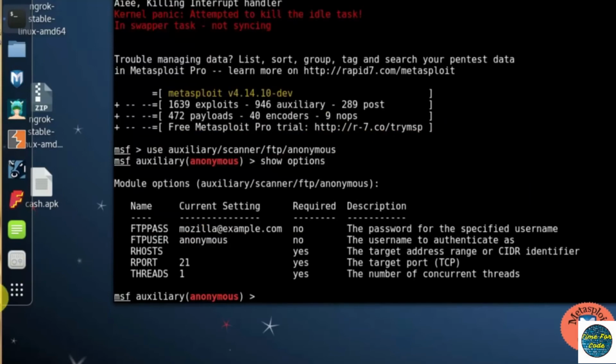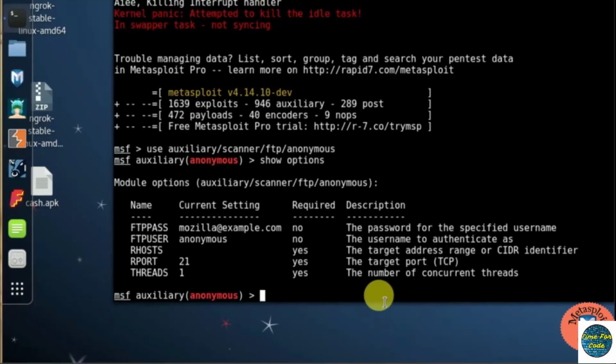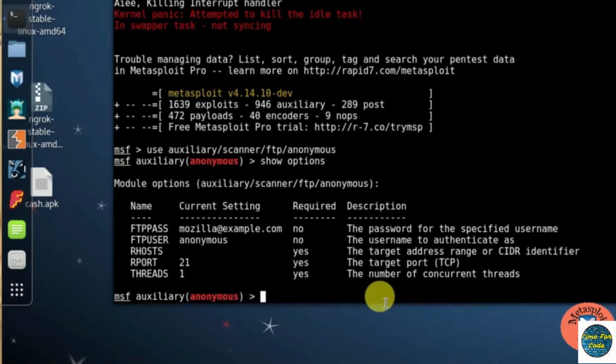So here you can see the module information, that is FTPPASS, FTPUSER, RHOSTS, RPORT, which is already set, and THREADS. So if you want to do a brute force attack on the FTP account, then you can use FTPPASS and FTPUSER. But here we are only scanning for which version of FTP is present on the server.